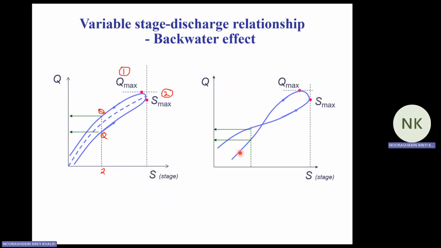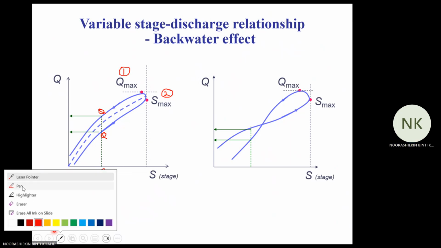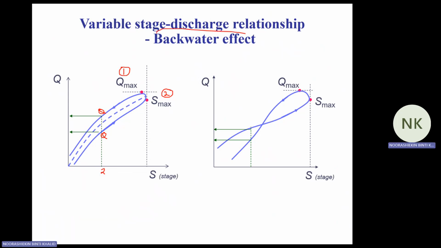So the shape is like the number 8, some sort of figure 8. The graph with this 8 shape is the backwater effect graph. It's caused by obstruction,